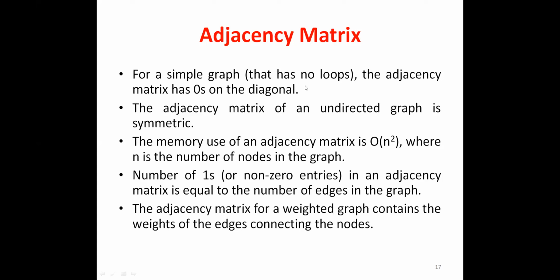Okay, so the adjacency matrix, where the drawback is that it takes much space. It takes quadratic, or two-dimensional, space. If it is n elements, then n by n, that is n squared elements, are required to store the edges as well as the vertices in computer storage. So that was the drawback in case of adjacency matrix. This is the last slide we have seen, and we have seen that the adjacency matrix has zeros as the diagonal. So the diagonal will be 0.